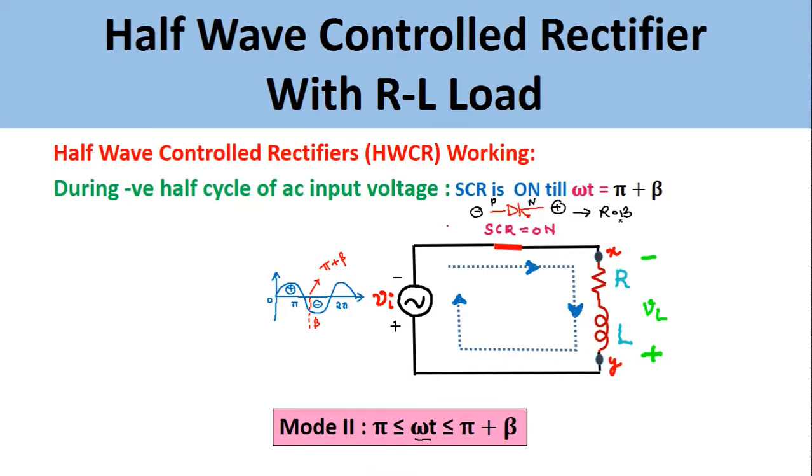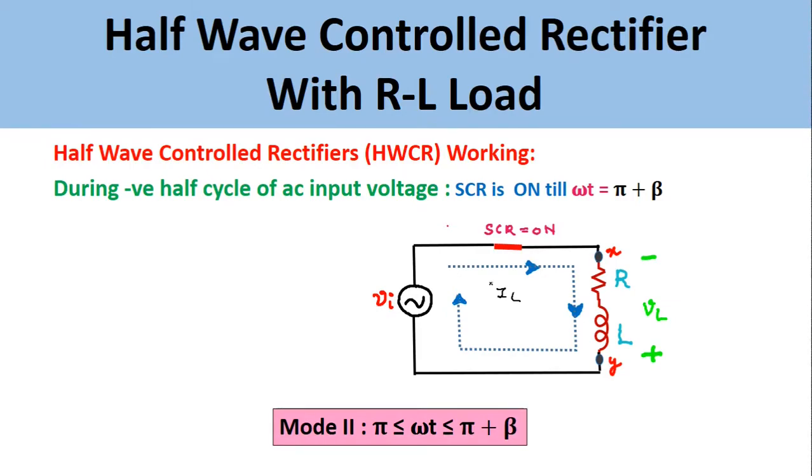When the SCR goes into the reverse bias condition, it tries to turn off due to natural commutation or line commutation. That means after omega t is equal to pi, during the negative half cycle of the AC input voltage, the SCR tries to turn off due to natural commutation. Due to this, the load current IL tries to decrease. So according to the principle of induction, as we have studied just now, the inductive load will try to maintain the current through it unchanged and in the same direction as before. As you can see, before also the current direction was clockwise. Now also the load current is flowing in the clockwise direction only.